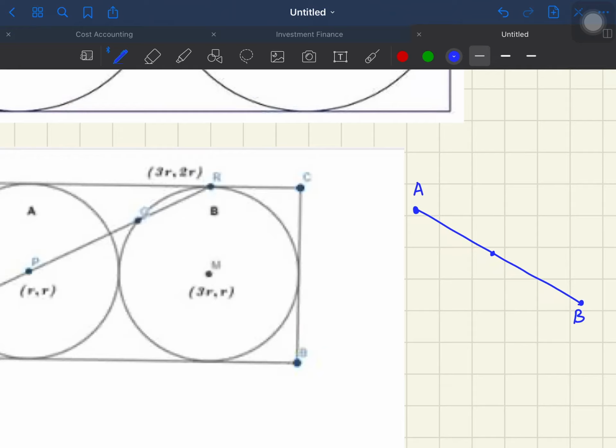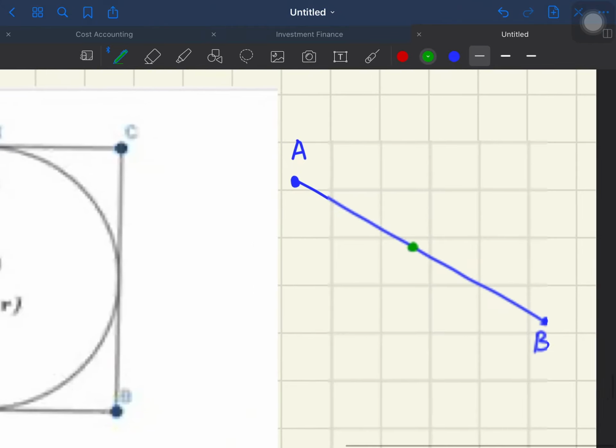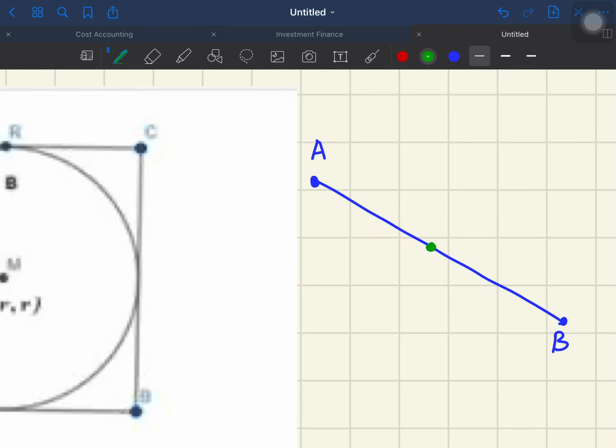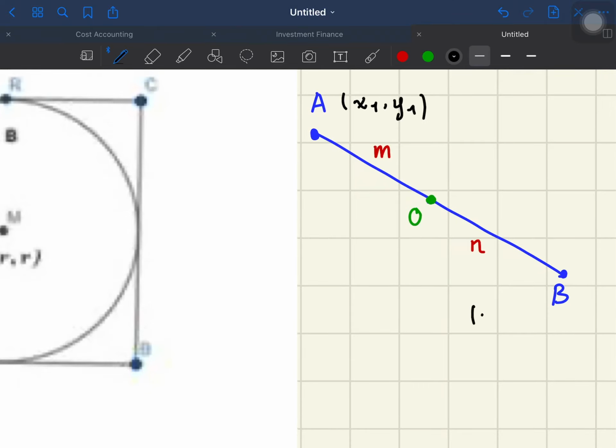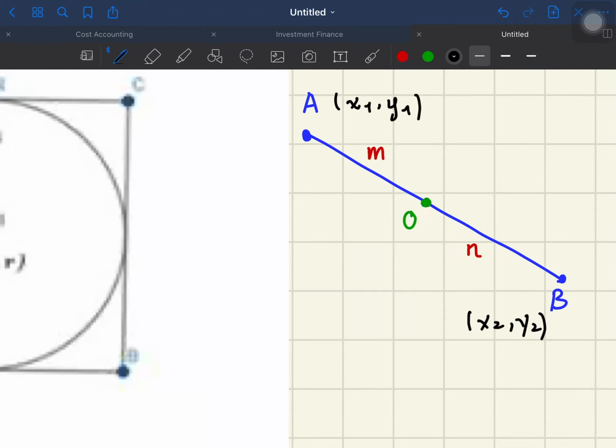Initially the line connects between A and B. Then there is a point called the section divisor, which we call O. It divides between A and B. So we have a ratio of m and n here. And given that the coordinates of A are x1, y1, and B is x2, y2,